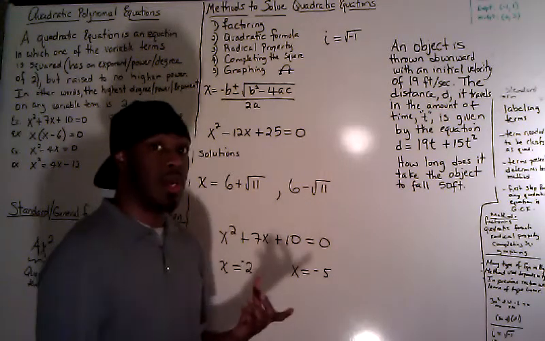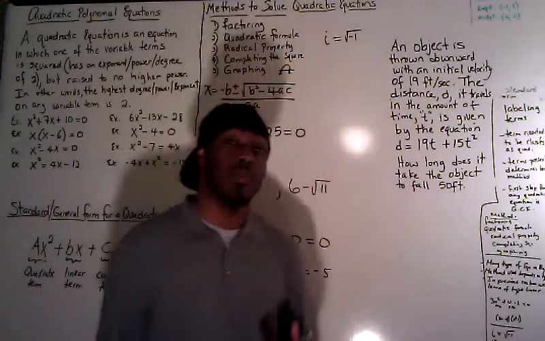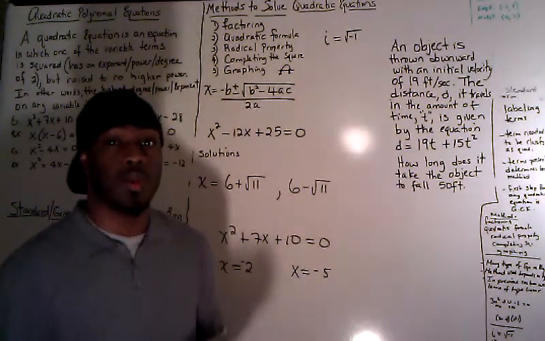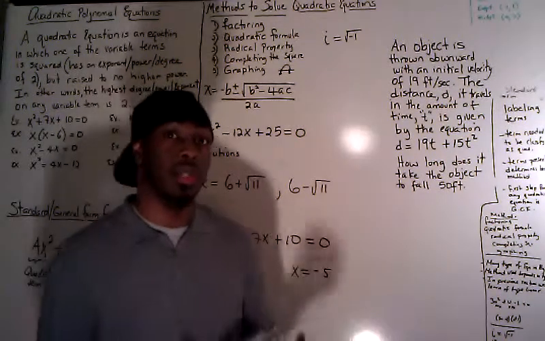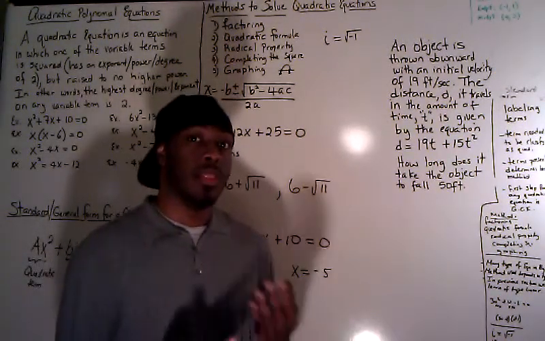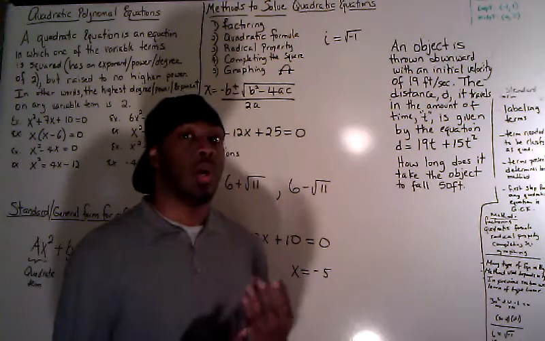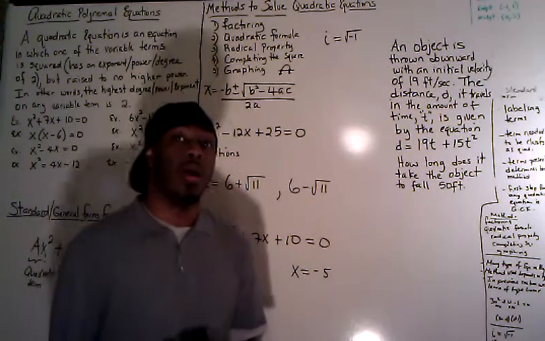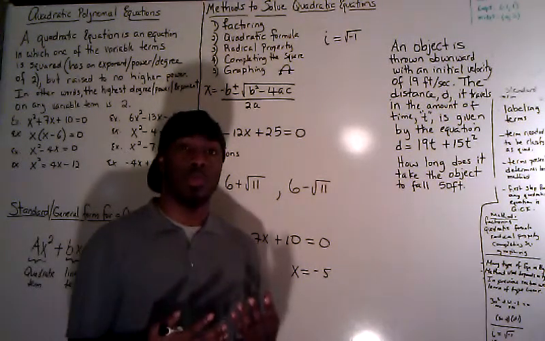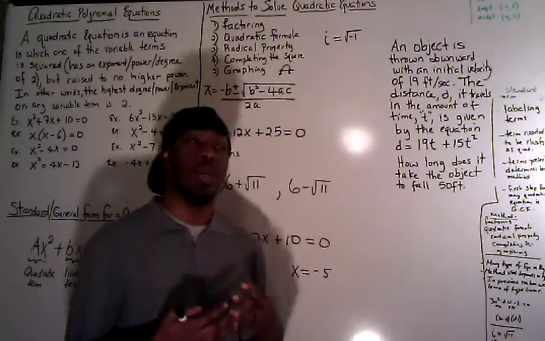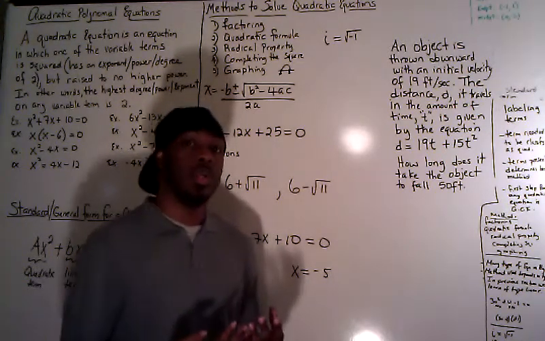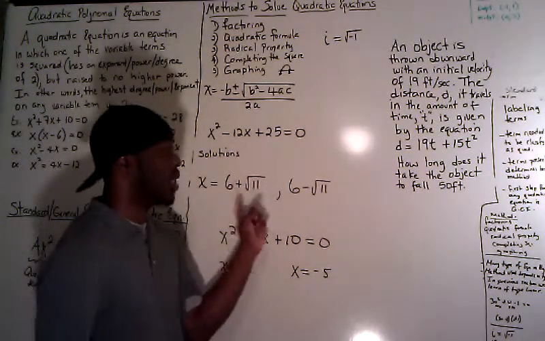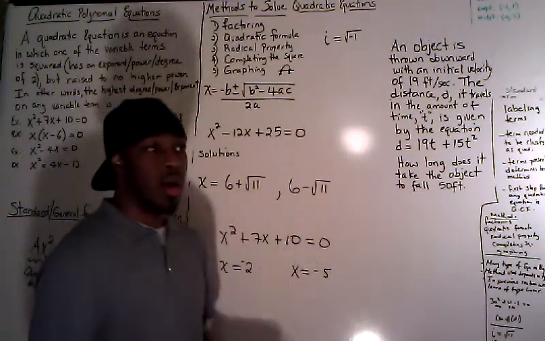There are times when we use the quadratic formula where we may end up in a situation where we have a negative underneath the radical. In this particular discussion, we're going to learn how to deal with that situation. When we have that type of situation, we're getting into what's called the imaginary number system. And we're going to look at how we handle those types of solutions, and how we handle solutions that almost look like this, complex solutions. So we're going